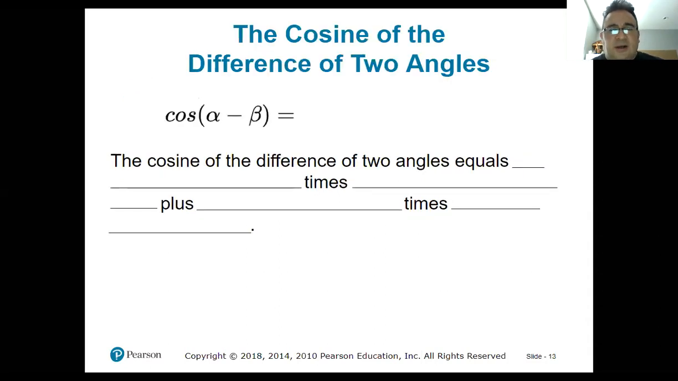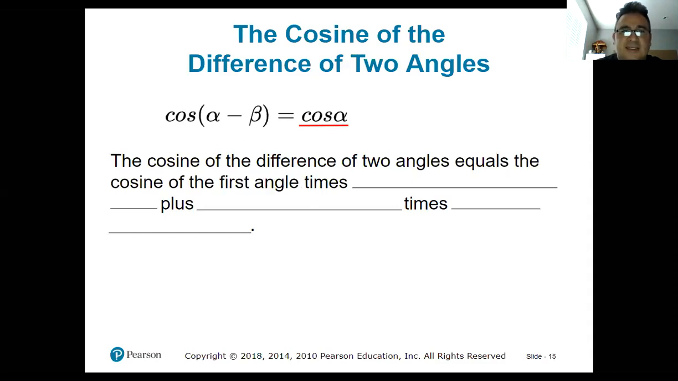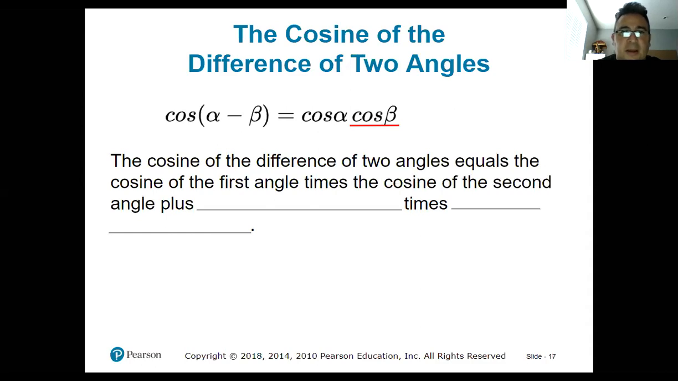So let's start off here. You may not want to write it in English, but you definitely want to copy this formula: the cosine of the difference of two angles. The cosine of the difference of two angles is equal to cosine of alpha, which is our first angle, times cosine of beta, which is our second angle, so times the cosine of the second angle, plus